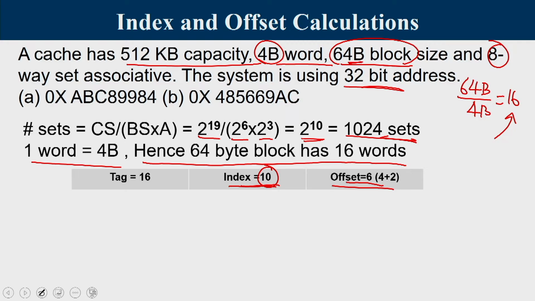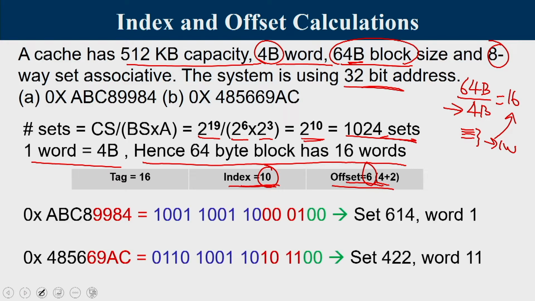And then we have an offset of 6 bits, because it is a 64 byte cache block. Now, out of the 6 bits, the first 4 bits will tell you the word number. The next 2 bits will tell you which is the byte within this word. We have to understand that here we have 4 bytes, and it is 4 continuous bytes that form one word. So, the addresses of the bytes within a word differ only in the last 2 bits. That is why, out of the 6 bits in the offset, the first 4 bits are for the word number and the next 2 bits are for the byte offset.